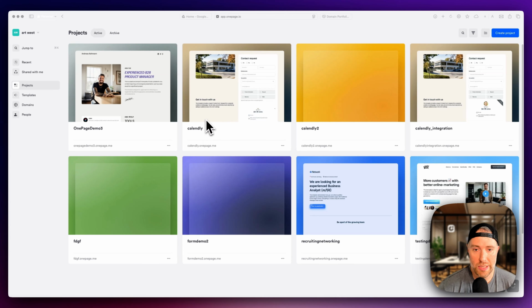Okay, method 2 is the name server method, and this is really only for advanced users. You only want to consider this if you need centralized DNS management within Onepage and are willing to reconfigure any email-related service manually. The name server record fully transfers your DNS management to Onepage by changing your domain's name server settings to our servers. However, this method is generally not recommended, especially if your domain is used for email, as